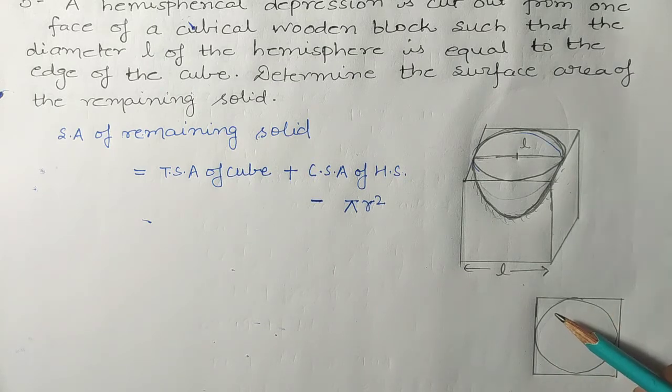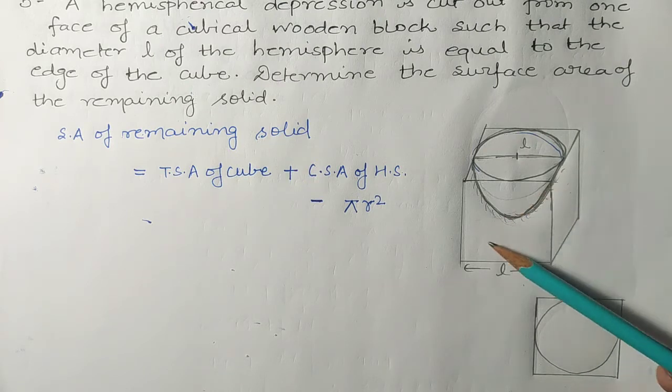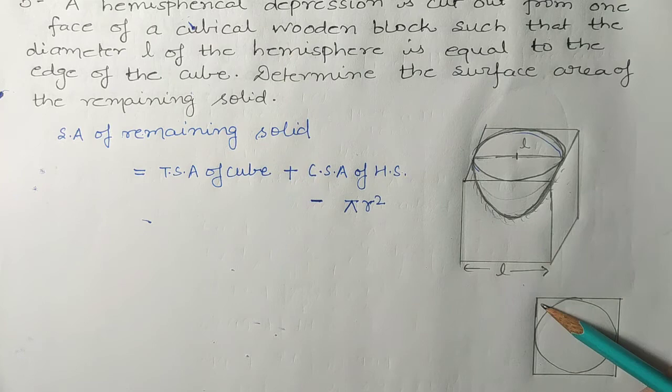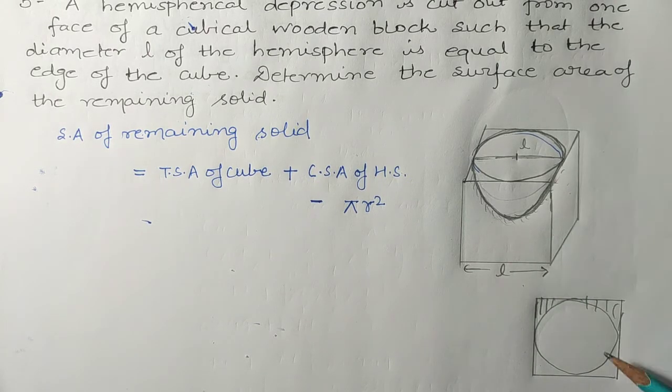Okay, so in this surface, means 5 surfaces we have completed. But in the 6th surface, this portion is cut out, so what will be left? This portion will be left. So how will we find the area of this shaded region? We have to subtract this circular portion from the area of a square.